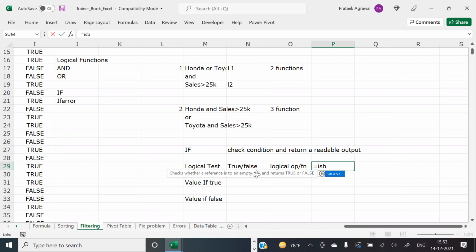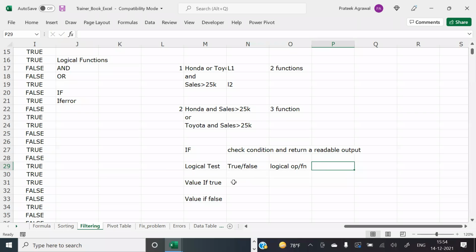But it will be used inside an IF function: if this is blank, then what is the action that we need to take? So all your logical functions and logical operators are typically learned to be used inside an IF function to make for a better output.